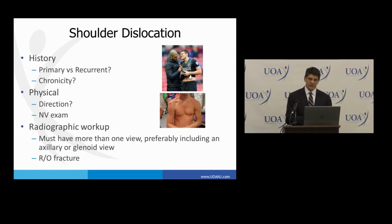And which direction is it? Is it anterior? Is it posterior? Most commonly, again, by far, it'll be an anterior dislocation, but it's important to recognize this. As you can see,